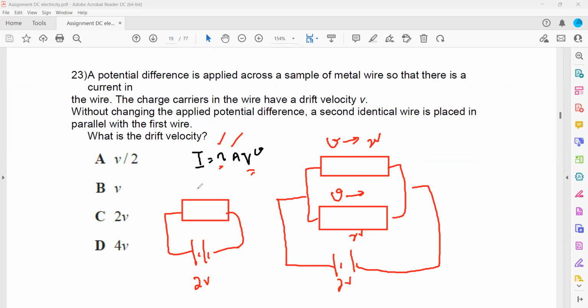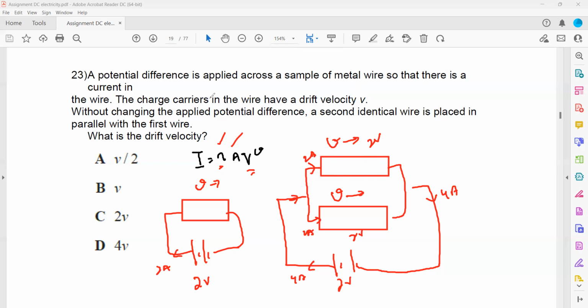No, here also V is there. Total current in the circuit will be double. For example, if here the current is say 2 ampere, here the current will be 4 ampere. But that 4 ampere will divide as 2 ampere and 2 ampere, and then again it recombines to 4 ampere. Because when they are connected in parallel, the combined resistance of the circuit will decrease, so the total current in the circuit increases. But we want to find across each of them, as the charge carrier in the wire,